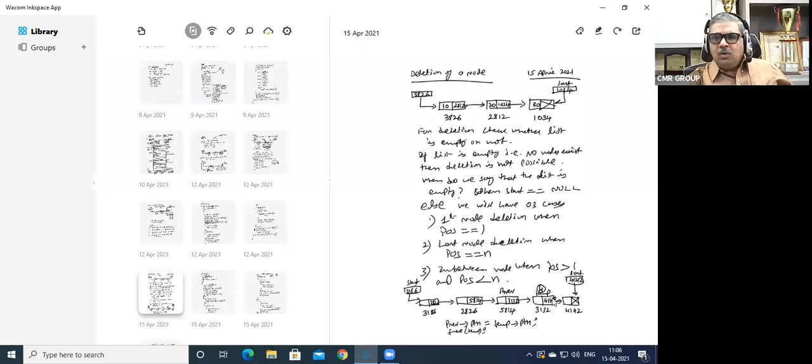So temp arrow ptr value is to be overwritten, that is temp arrow ptr value has to be assigned to previous arrow ptr. So previous arrow ptr is equal to temp arrow ptr. This is the logic. And then free the temp. Before freeing the temp, assign the value of temp arrow data to value, so that the value being deleted can be shown.